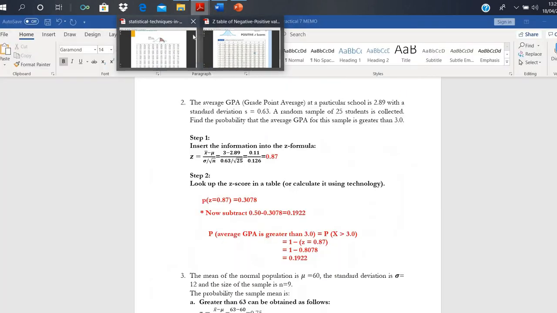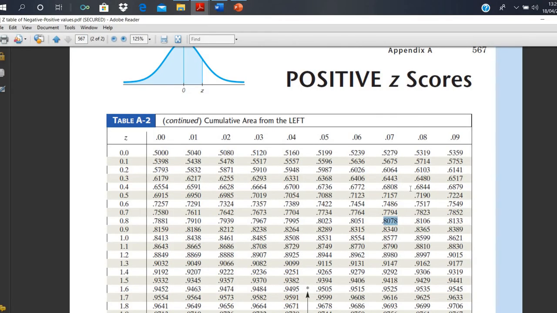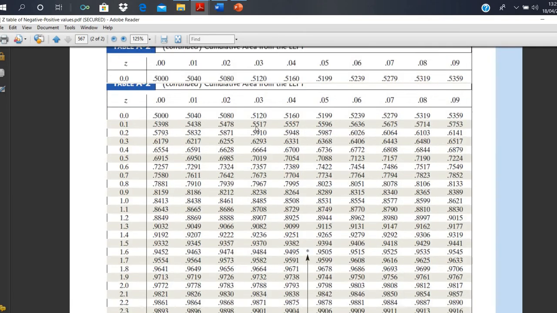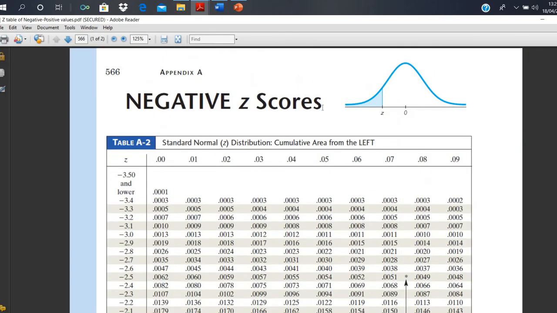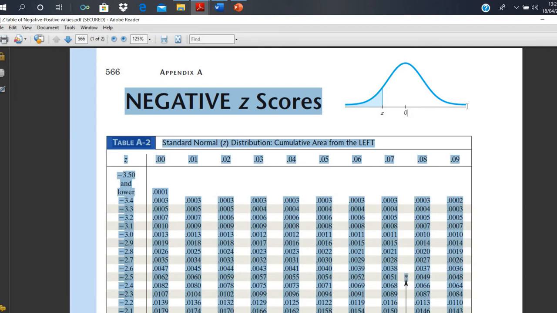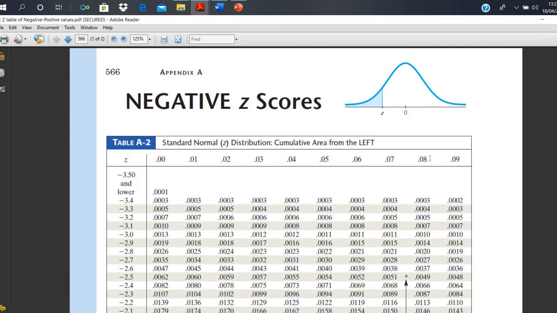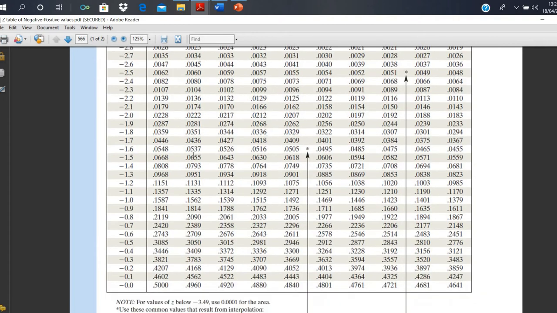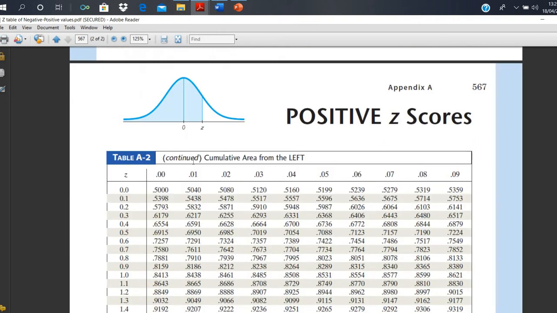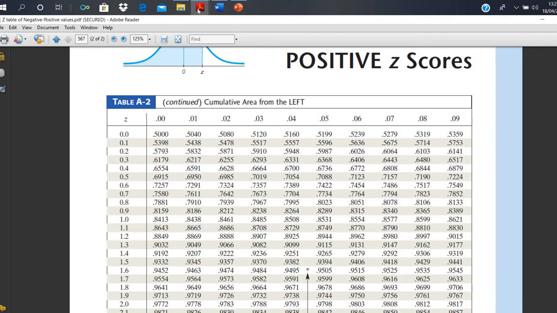In the second way, we use this table, which is almost similar to the first table, but now here we are considering the negative values and the positive values. So the table starts by negative Z score. So you have 0 here and you have Z score, and the left hand side is constituted by negative values and the right hand side is constituted by the positive values. In our case, we are not concerned with the negative values, but you also have positive values. So in the second way,